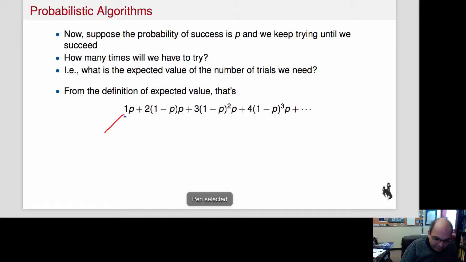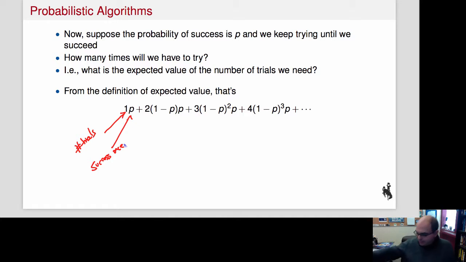Okay, what I have here is 1. That's the number of trials, right? So what we're saying is, well, it could be 1. That could be the answer, right? And what is the chance that it's 1? Well, that's p, because that is success once, right? So I simply go out, pick something, I won, it was the right one. That was probability p by